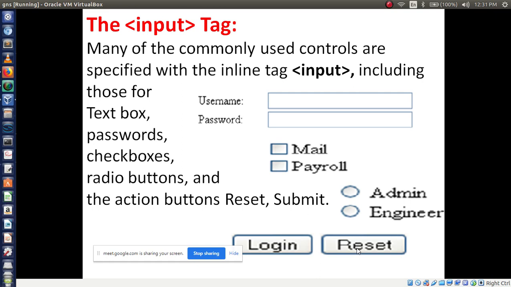Please write this down, just draw the diagram. These are text boxes, these are checkboxes, these are radio buttons, and these are action buttons. Over.